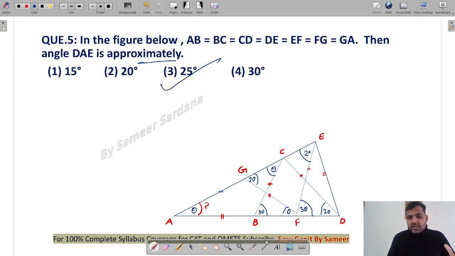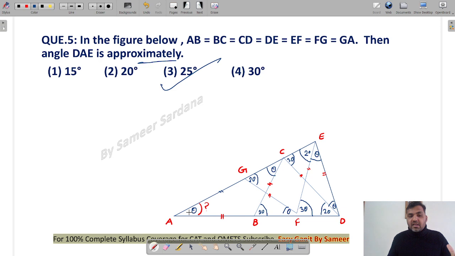Now if this is 3 theta, then you can see that this length is same. So this is 3 theta, this angle will also be 3 theta. So 2 theta is already there, so this angle will be theta now, right? Now look at this angle, guys. This angle is exterior angle of this triangle, right? So this will also be equal to 3 theta, right? So now you can see that the length of CD DE is same, so this angle will also be 3 theta and this becomes theta.